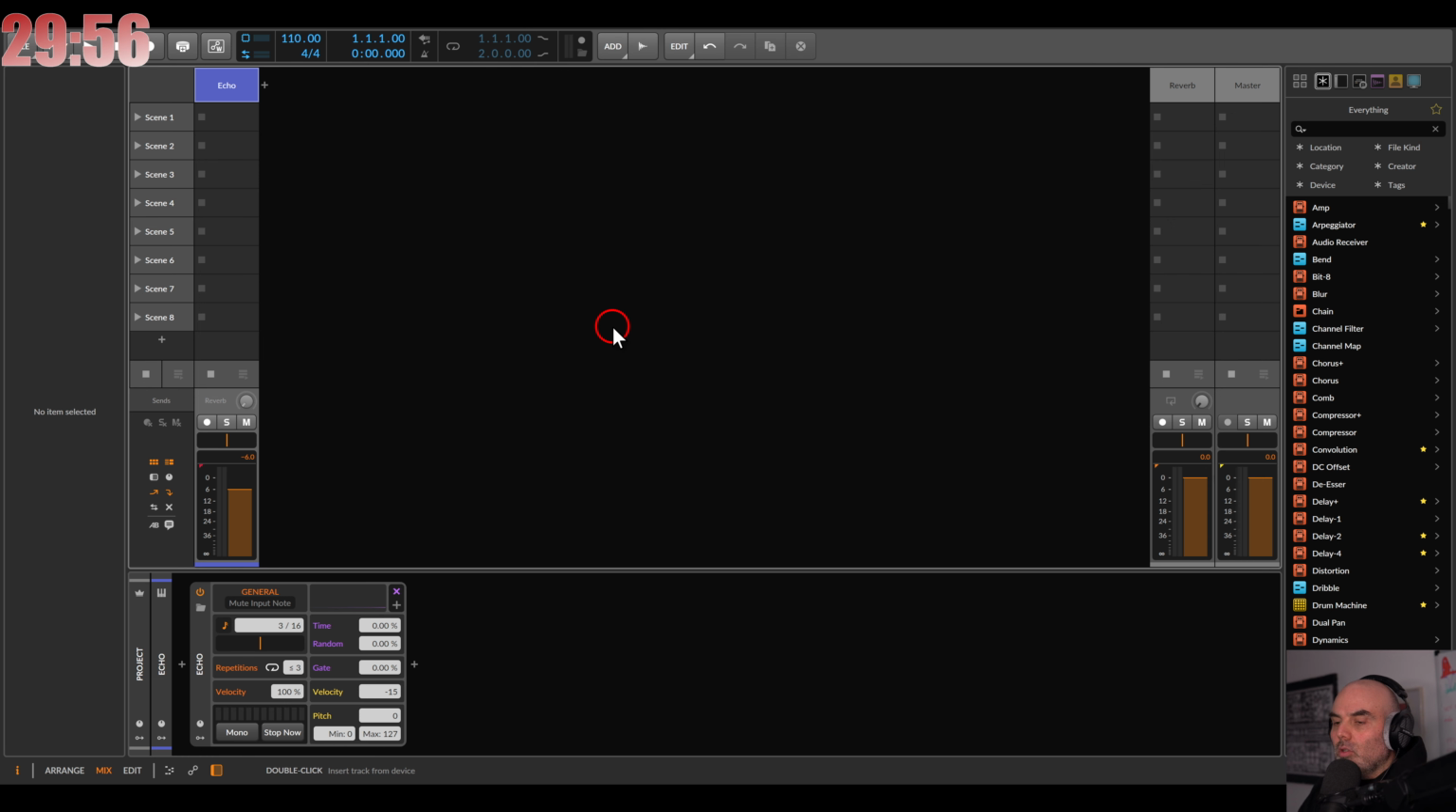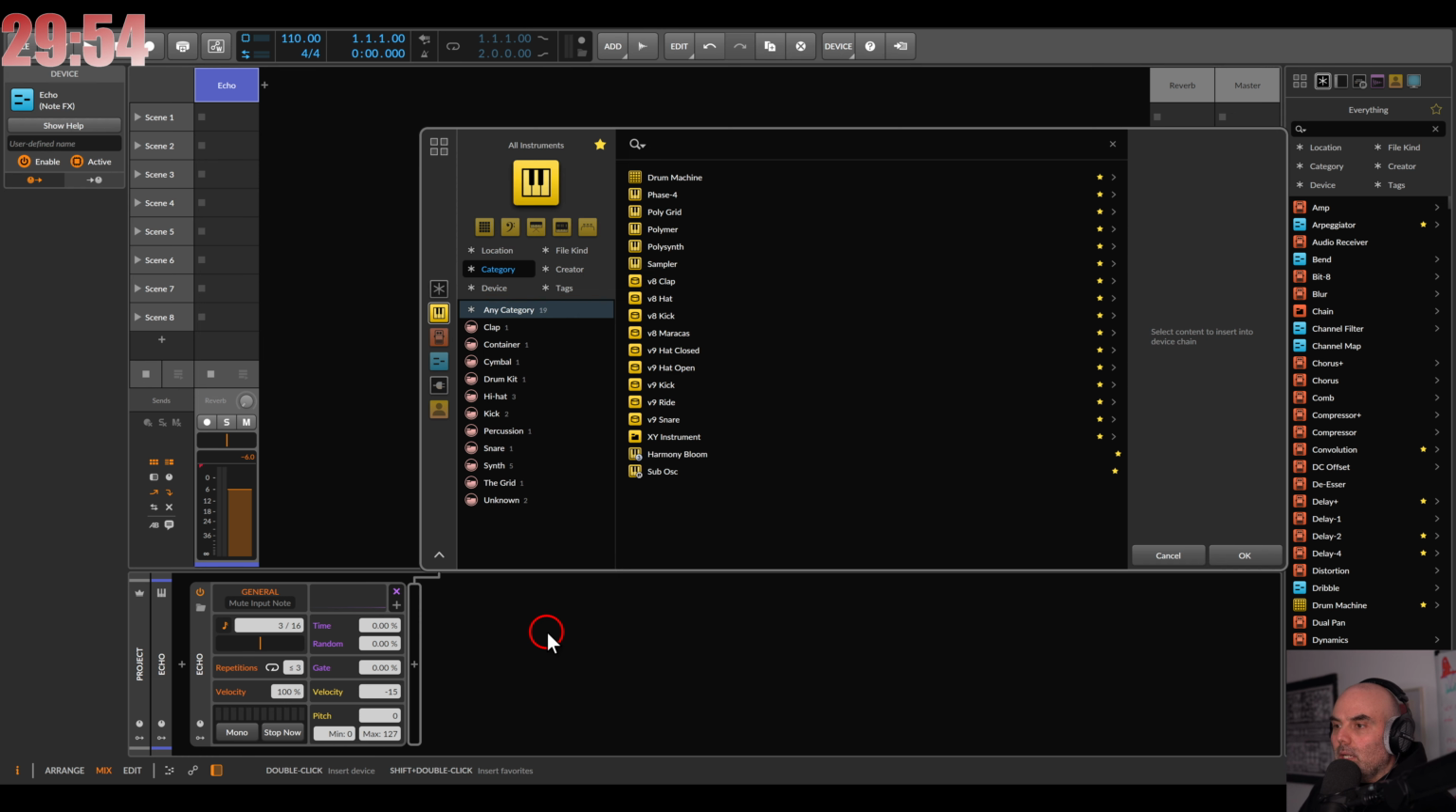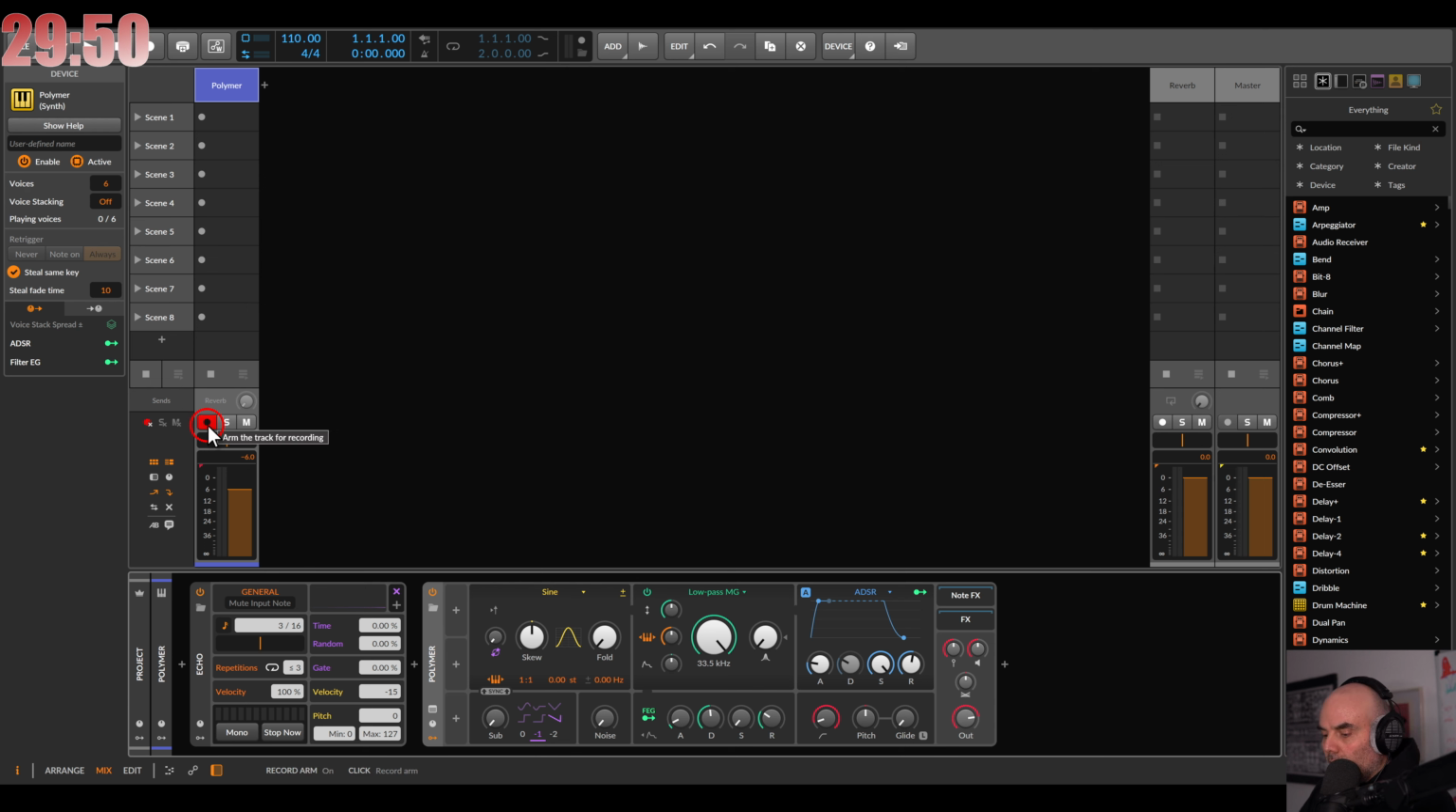Right, again, it's a note effect. So I will add maybe the polymer after that, right? If I play this for a second. We have basically a delay, but again, it's for the MIDI, which means that if we have more repeats, let's say 16, and maybe something like this here,